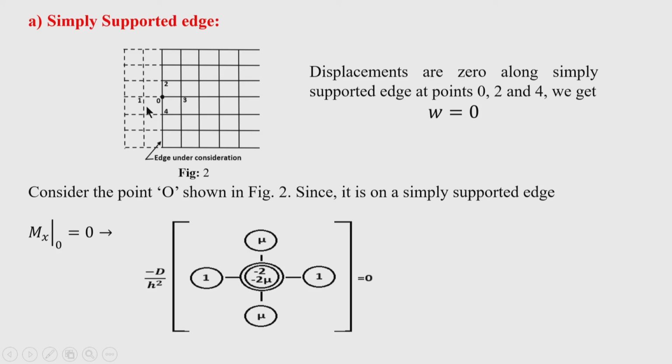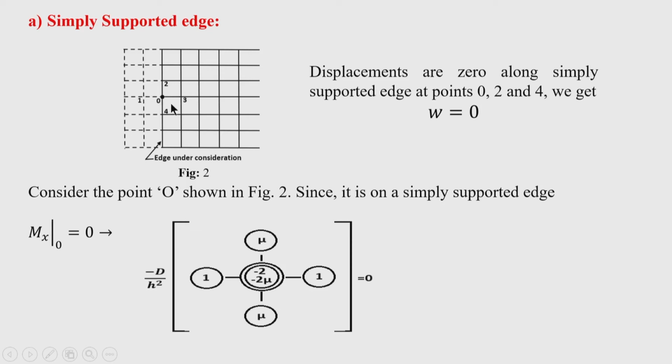This is handled by taking imaginary nodes towards the left or towards the right, vertically or horizontally. The imaginary grids I have taken have the same size as this one. Now, imposing this condition, if I place these grids, one point is on the imaginary grid point and the other is on the real grid point. So, this point is the image point and this is the imaginary point.